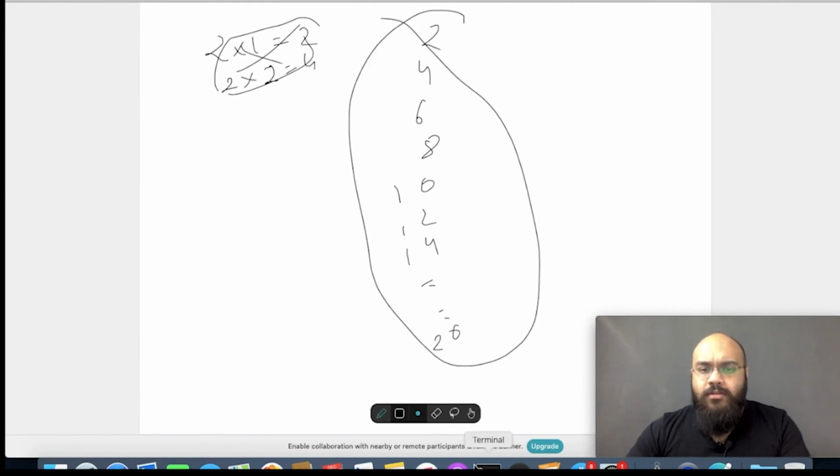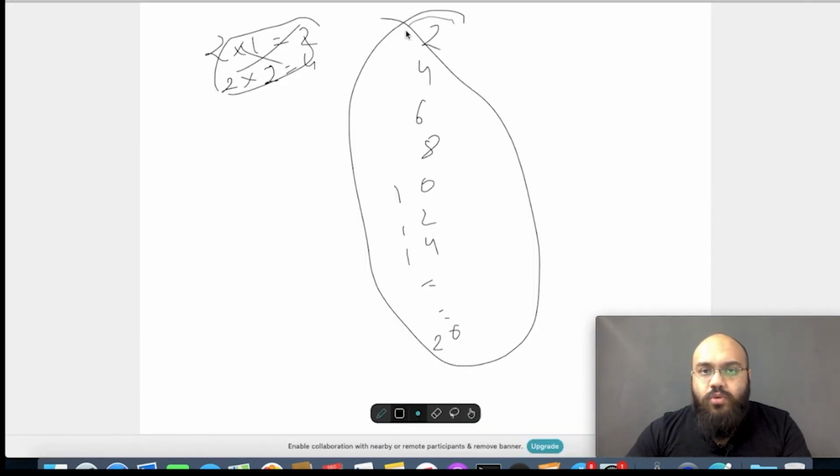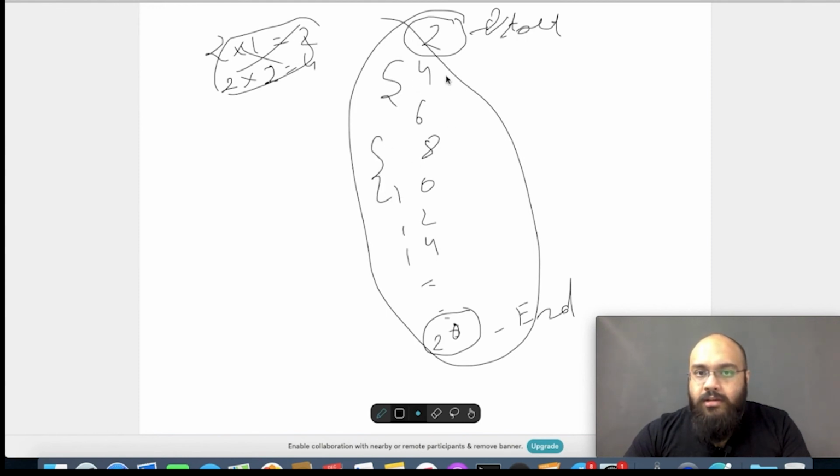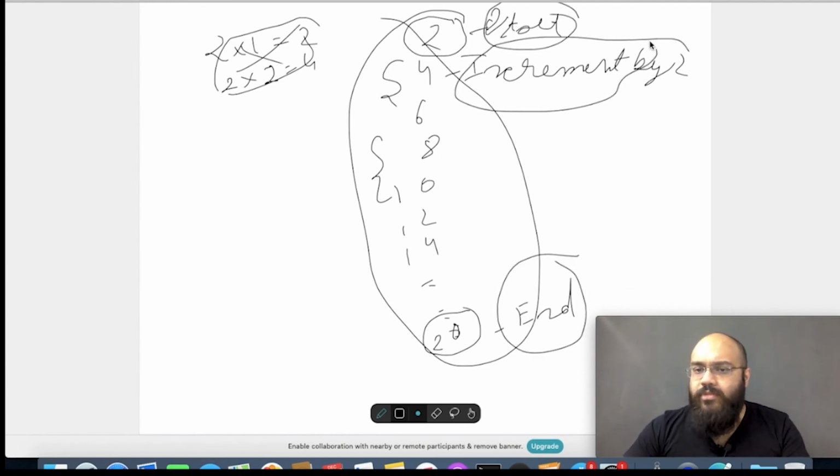Very simple. So what we can do is, here we know that we're going to start with 2, right? We're going to end at 20. So this is the start condition. This is the end condition. And what is important is, after every iteration, we are going to increment by 2. So when you have this start and end and this increment, you can form a for loop for this.